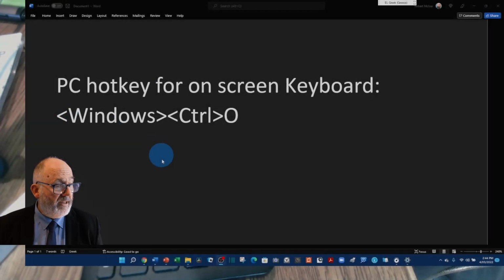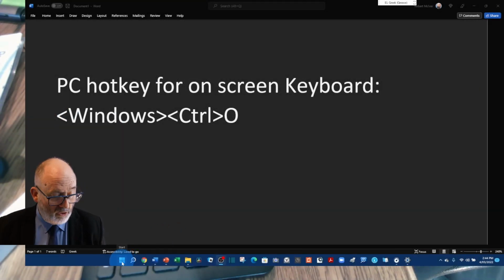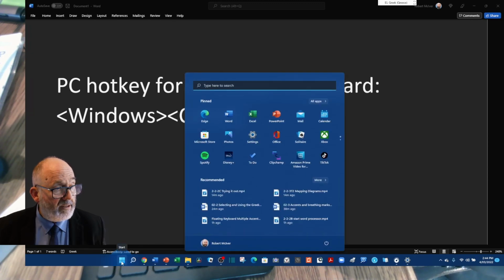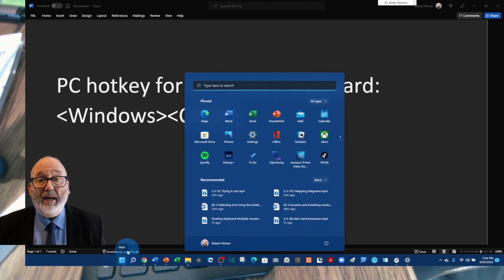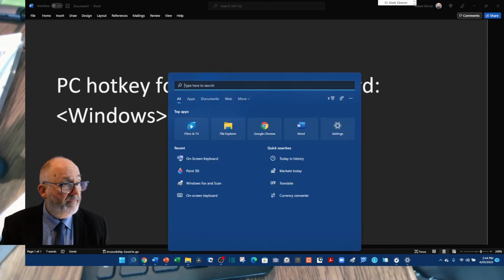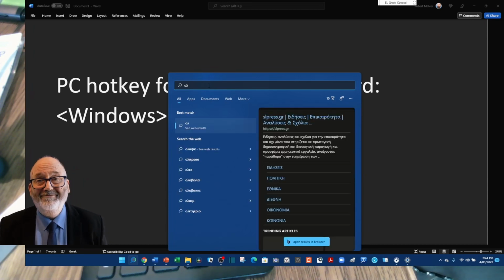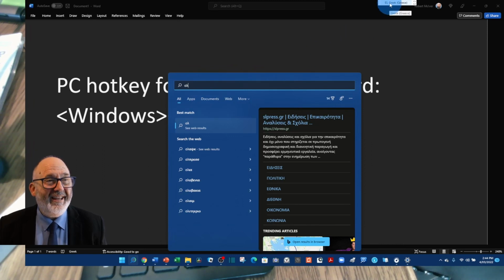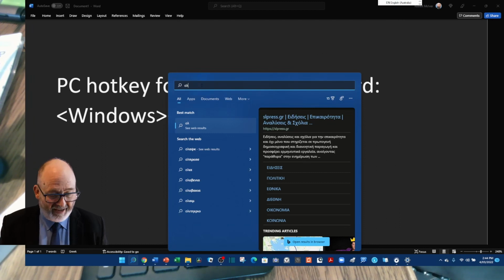So if I come over here and I choose the Windows symbol or press the Windows key, a pop-up will come and it will allow me to search for an on-screen keyboard. So I come up here and I start typing. Oh, look, apparently I've still chosen Greek as the keyboard. Let's go up and fix that. So coming back here,